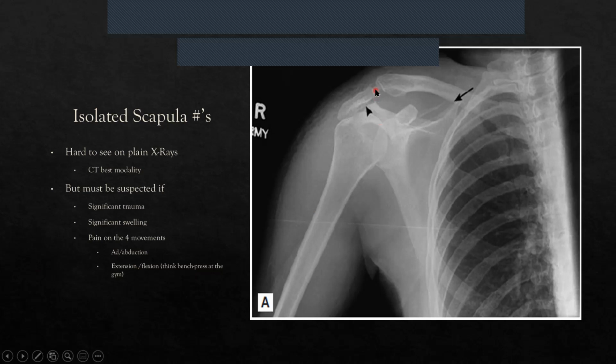So here you can even see a little what we would call an acromioclavicular dissociation, where it's come a little bit apart. Now, the other thing is, the reason why isolated scapular fractures are so rare is because it's very hard to fracture this on its own without fracturing something else, if you get what I mean. Your scapula is kind of hidden in the back over here, your shoulder blade. So it kind of has to be a direct trauma aimed at the scapula for it to fracture on its own. But most people don't,